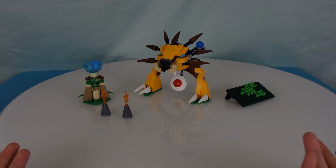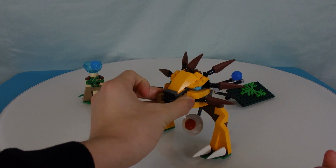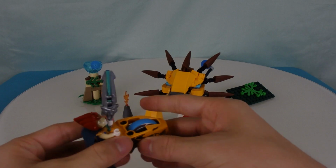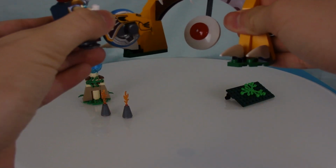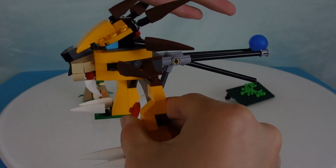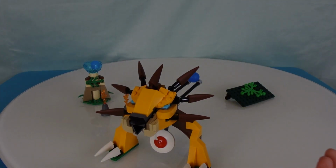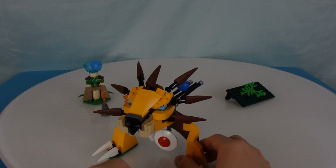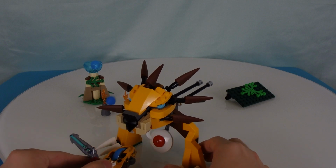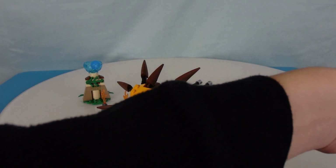And then we look at the actual course itself, which first and foremost you're probably going to notice this huge lion monument. And the point of this one is for the Speedorz to go under. You'll see there's like a target board here, and once the Speedorz hits the target board, it will fire the chi orb on top. And I guess the point is, whichever Speedorz hits the target, oh, I completely failed that, hits the target, like that, and then catch the orb, which is just those Hero Factory spear balls,